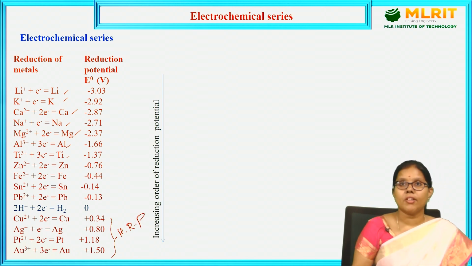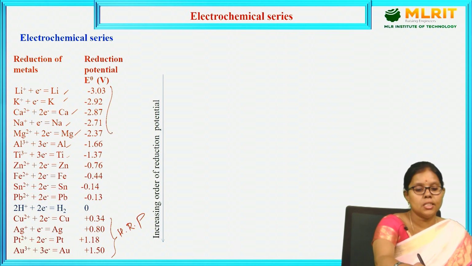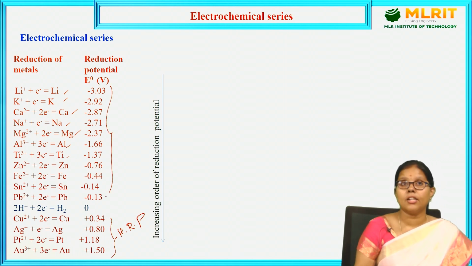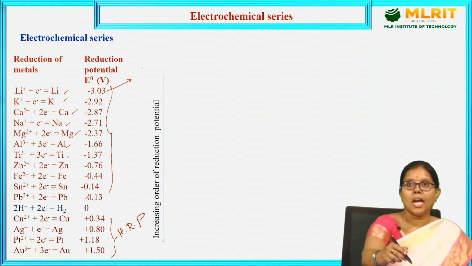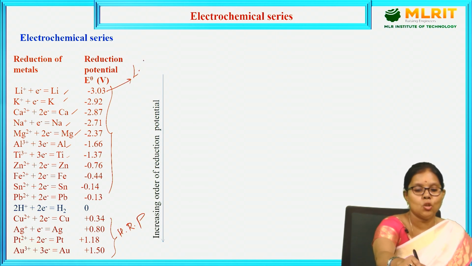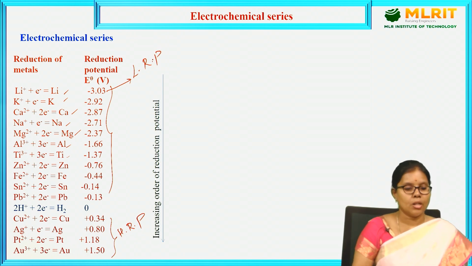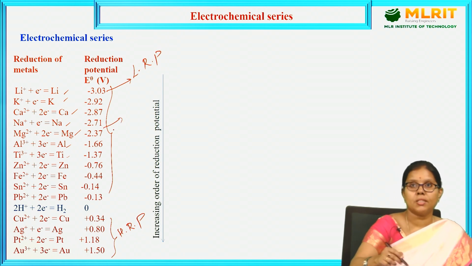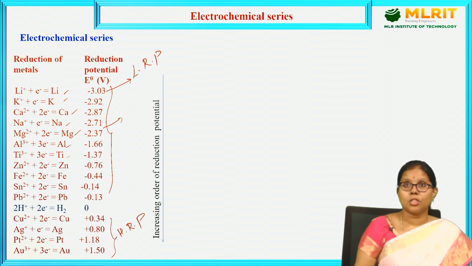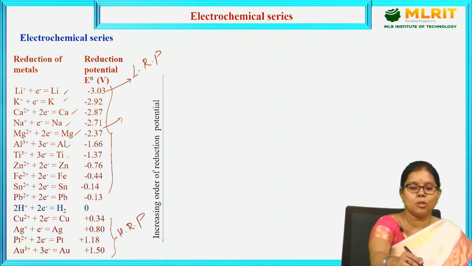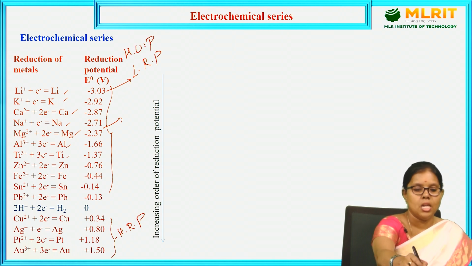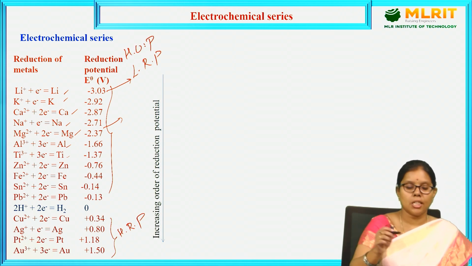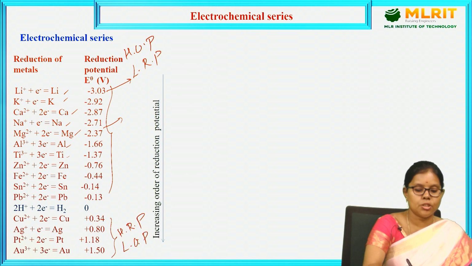The metals which are having higher reduction potentials do not undergo any corrosion. If you see lithium, sodium, magnesium, iron, tin, lead, all these are having negative values. So lithium metal is a highly oxidized metal which is having lower reduction potential. Sodium is minus 2.7, which is having lower reduction potential. A metal which is having lower reduction potential has high oxidation potential. A metal which is having higher reduction potential has low oxidation potential.